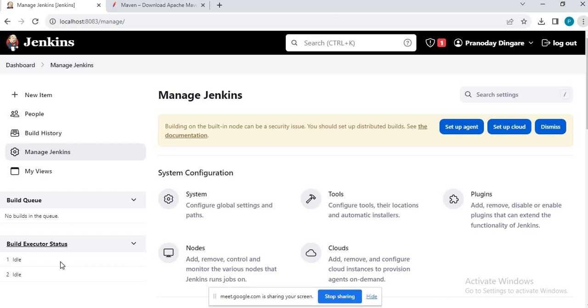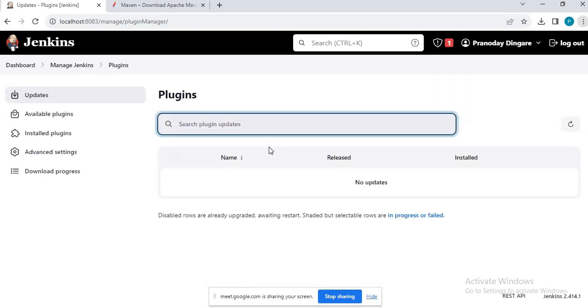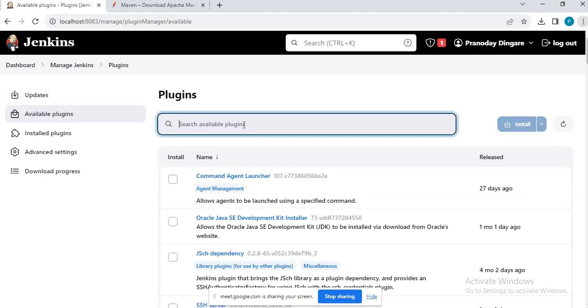So now we have not downloaded Maven, we have not extracted it. Jenkins will do it once we run our job, and Jenkins needs Maven now, so it will do that for us. Okay, now let's go to the plugin section, and let's go to the available plugins.